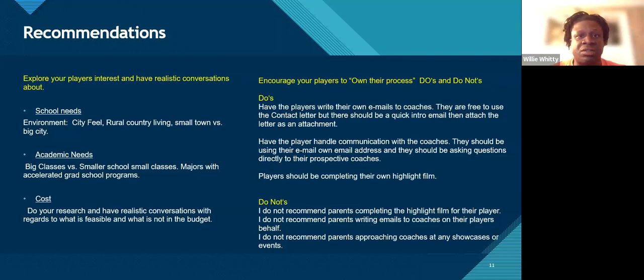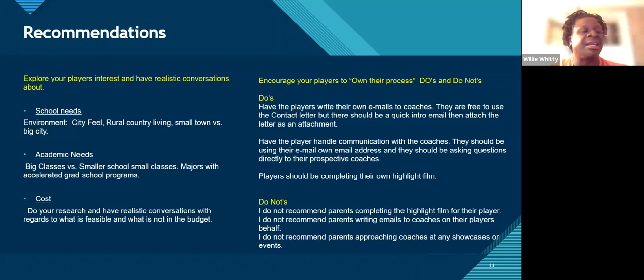Lastly, some do's and don'ts. I would have the players write their own emails to coaches. This is a very big change from the youth process to the college process, and we are working towards making players more player-centric when it comes to communication at PA Classics. The biggest change is that when they leave here and go to a school, it is all on them: how they talk to the coach, how they handle themselves with the coach, how they set expectations with their coaches and their teammates. So as they start this process, the very first piece they have to impress these schools with is how they handle their communication.